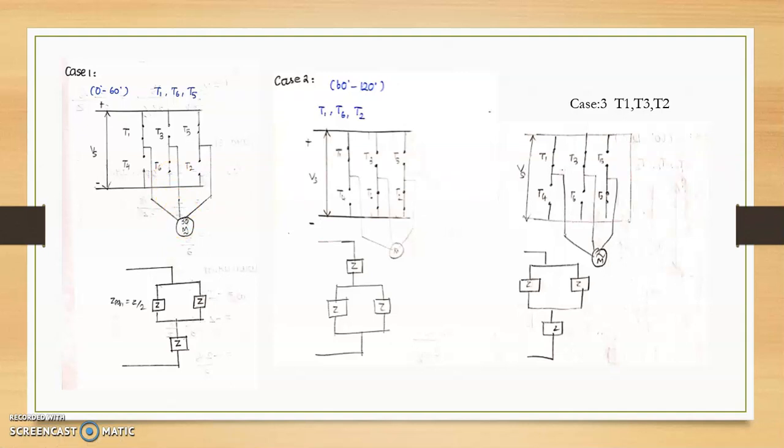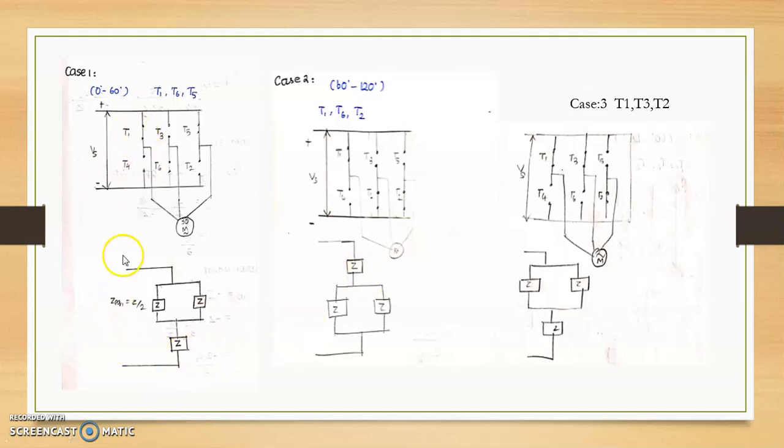Normally in 3-phase conduction in an inverter, any one switch must be either an upper arm switch or a lower arm switch. For example, in this case, the one switch is a lower arm switch, remaining 2 may be upper arm switches. In some other case, only one switch may be an upper arm switch, remaining 2 switches must be lower arm switches. Whatever the condition, whenever the 3-phase supply is given to your machine, any one switch, upper arm or lower arm, has to be turned on.